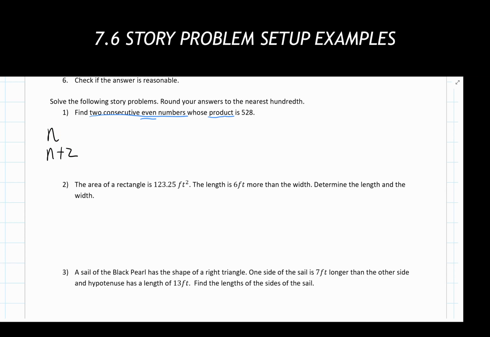Okay, and now I need to find the product of those. Product tells me multiplication. So I have my first number, n. I have my second number, n plus 2, and those things are multiplying together. So I can write them out in a set of parentheses like we have right there. Now another one that I want to highlight here, because we're not done reading through this problem, buzzword of is.